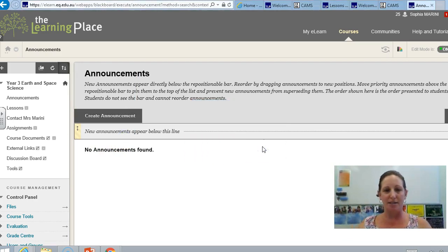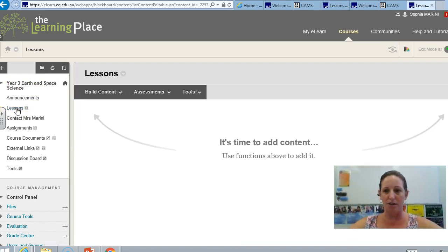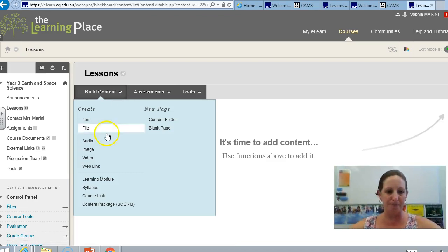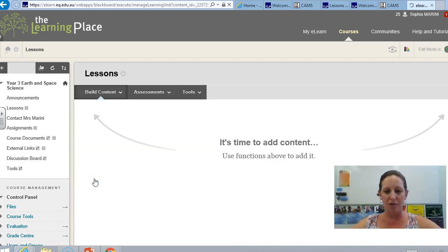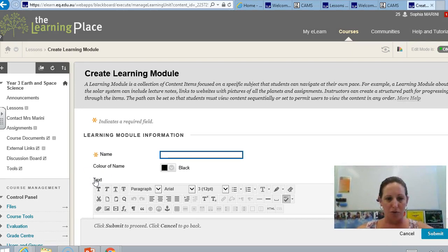Great. So now we're ready to add some content. And we'll do that in the lessons menu. So we'll click on that and we get to this page where we're going to build content. Now you could fiddle around with those and experiment, but I'll show you what's been working for me. I go to a learning module, and I'm going to set up a learning module. I'm going to call this one